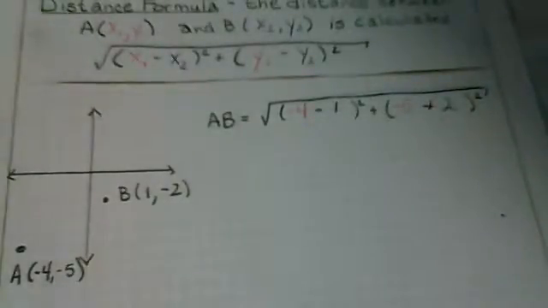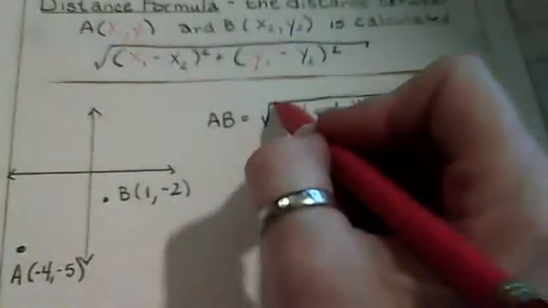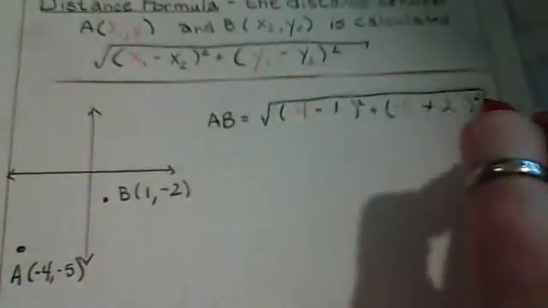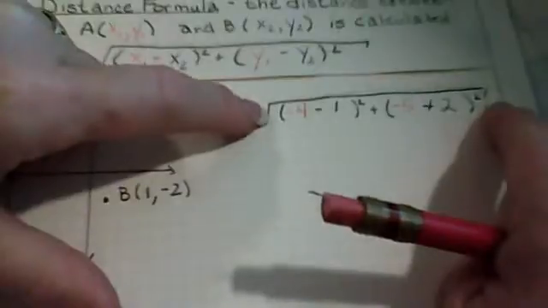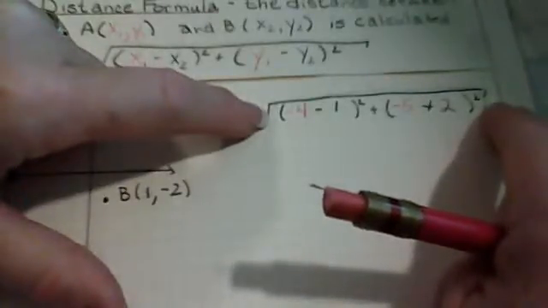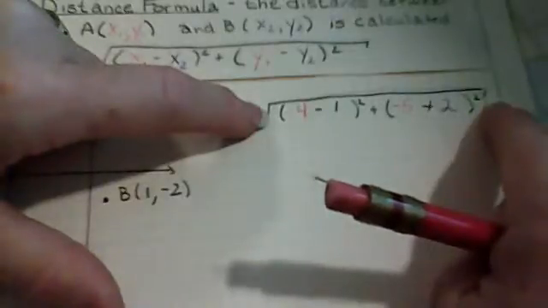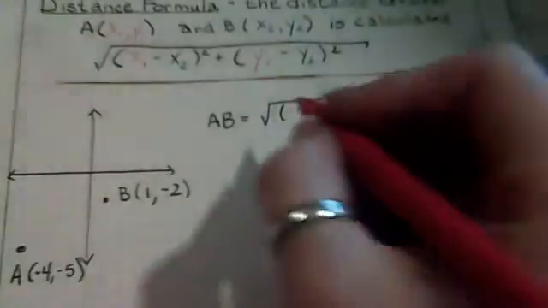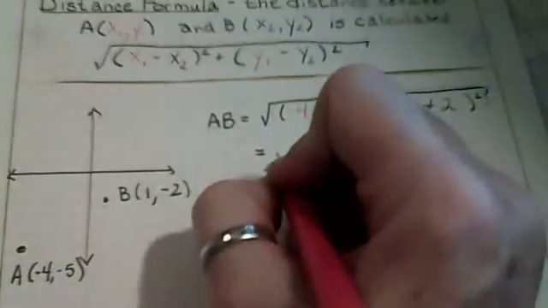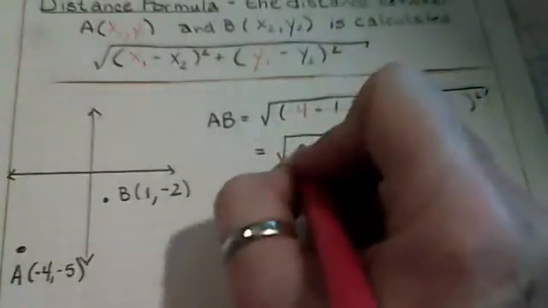Now you could go ahead and put this in your calculator at this point in time, but you have to remember that you would need to put a parenthesis here and a parenthesis here. What those two parentheses would show is the information that you want included under the radical. I find it much easier to simplify the equation down a little bit before I actually input it into the calculator. So I'm going to come over here and I'm going to go the square root, and -4 minus 1